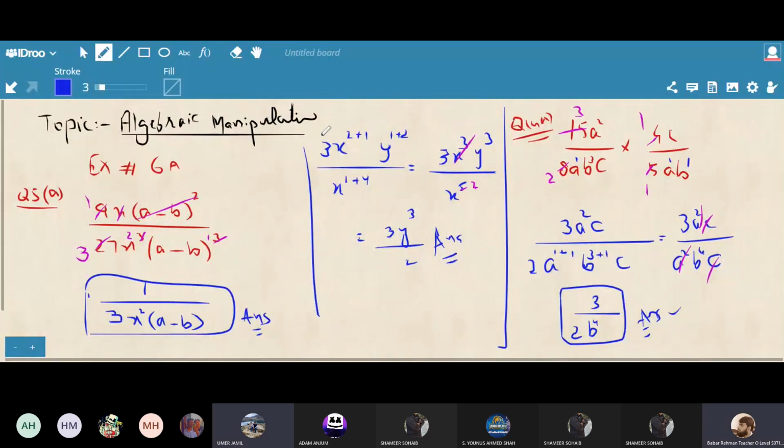Okay, now question number 6A. One part from question number 6. These 3 fractions are coming. Okay, students, now this. Sir, you can erase the last one. Which one? Which one should I do? Sir, the last one. The middle one. Middle one? What do you mean by middle one? Sir, erase the middle one. Erase the middle one? Sir, you are writing question number 6, so erase the middle one.